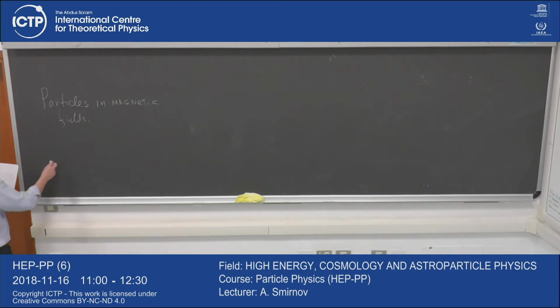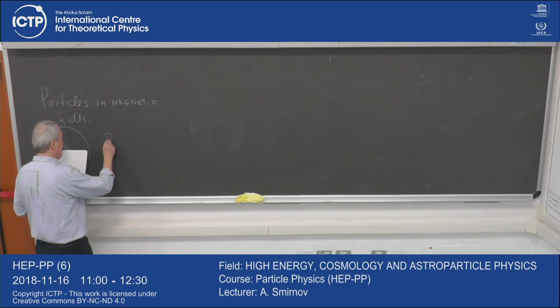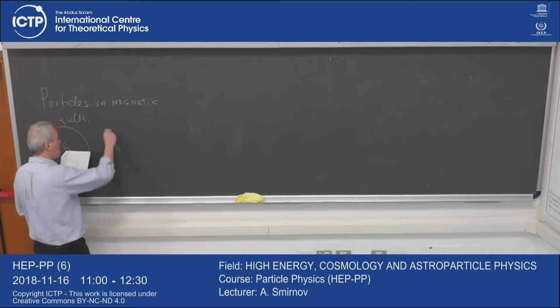So suppose you have magnetic field which is perpendicular to the blackboard, and you have a particle in this field with momentum in a given point in this direction. So what will happen with this particle? The particle is a charged particle. It will move along a circular orbit, right? And the radius of this circle, which is the Larmor radius,